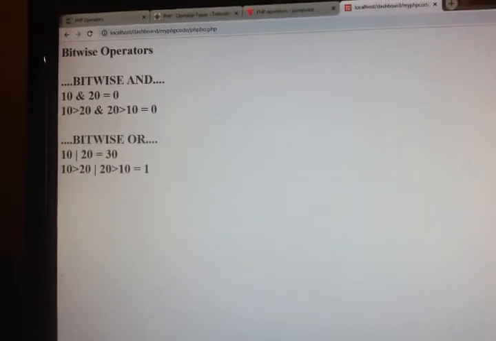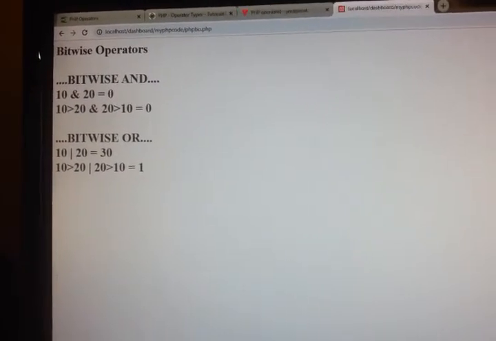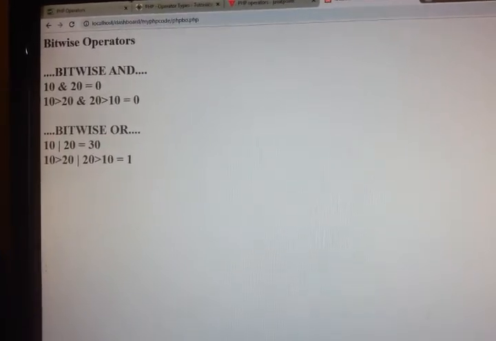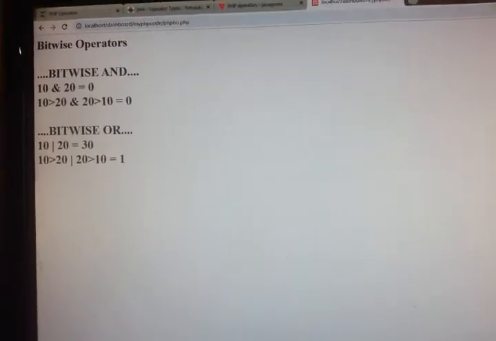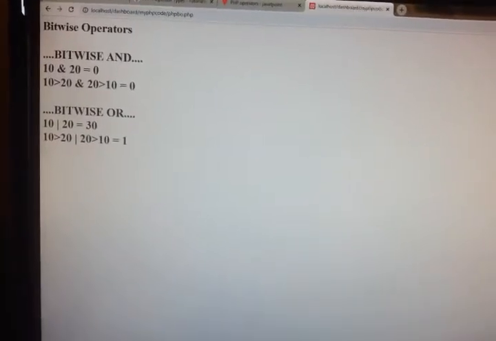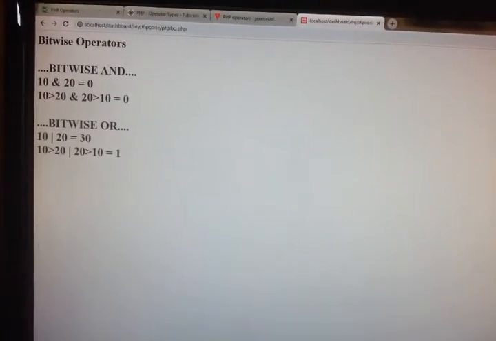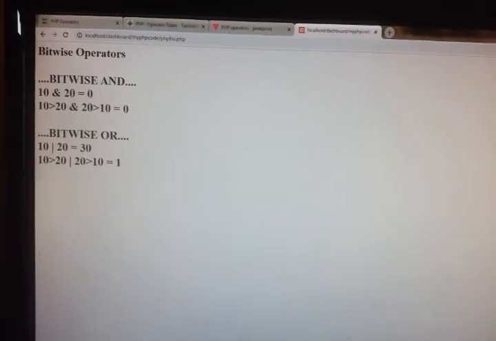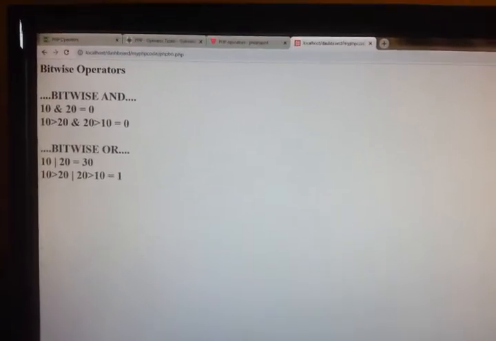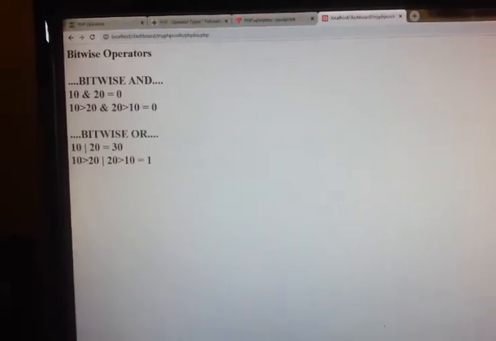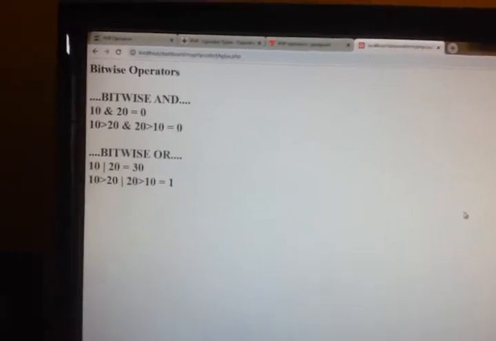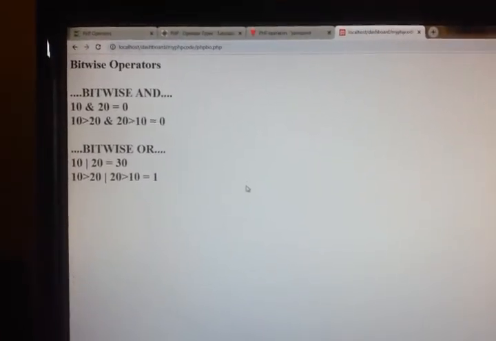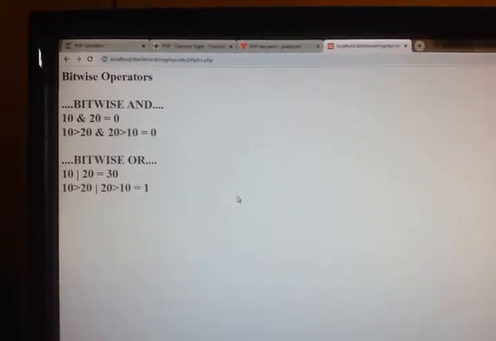So that is a wrong result. The correct one is 10 greater than 20 is false, so we'll get 0. 0 or 20 greater than 10, 0 or 1. OR is like addition. So 0 plus 1 is 1. So we got 1 there. See how wrong results we got. So I am showing you the wrong way of doing the code and the right way, both. Being a programmer, we should know which one produces the wrong result and which one is correct.